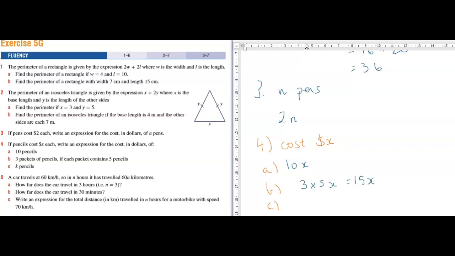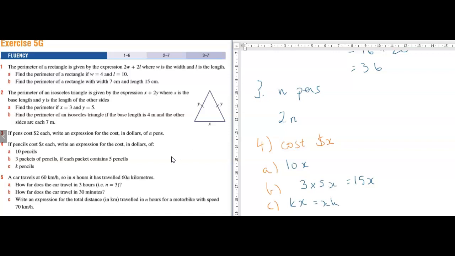And then K pencils, we don't know how many that is, so it's just going to be KX. K being the number of pencils and X being the cost. And I put it KX just because we tend to write in alphabetical order, but if you wrote XK, it's the same thing, but we tend to write algebraic expressions and equations in alphabetical order. All right,